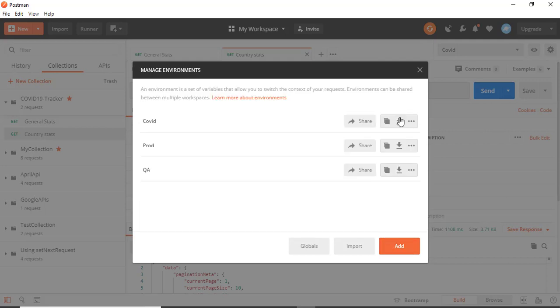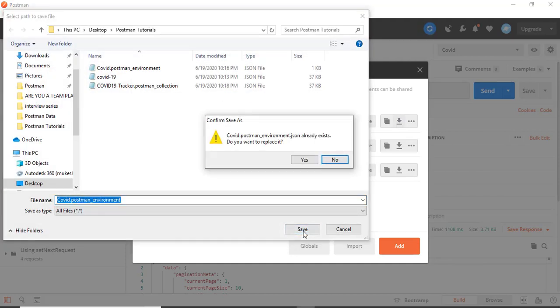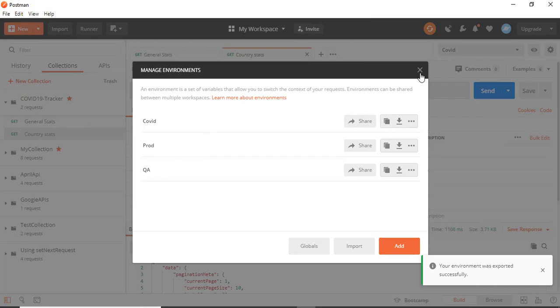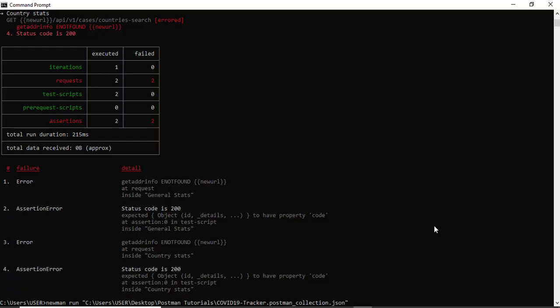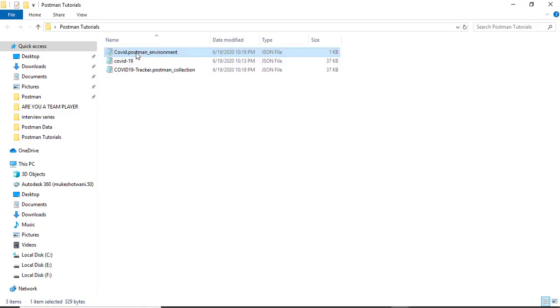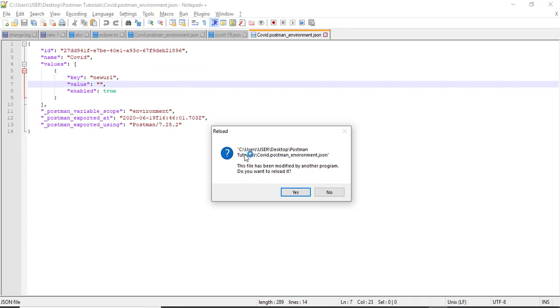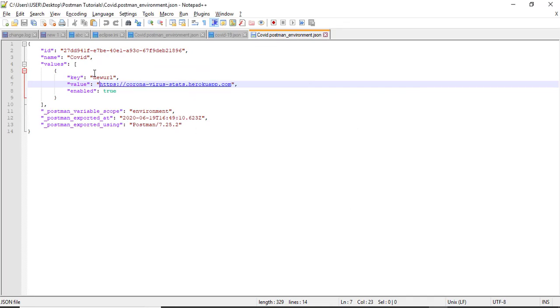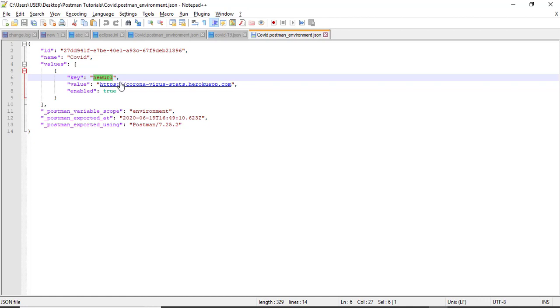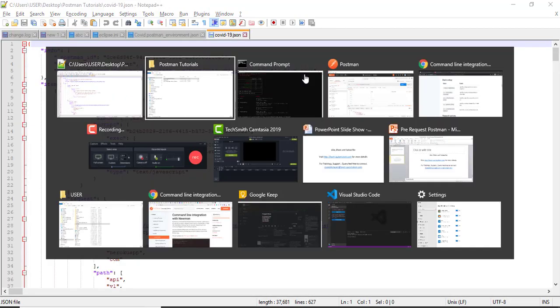So I'm going to update it. I will download once again, and I will just override. Fine. Now let's come back here and execute once again. But again it will fail because we are not telling where my environment variables are, right? Just now we exported the new environment variables. So let me quickly check, did we get the latest one? Yes, I hope so. And yes, you can see the environment that we exported has one key called new URL, which is going to be replaced with this, and enable status equal to true. Perfect. Now it should run.